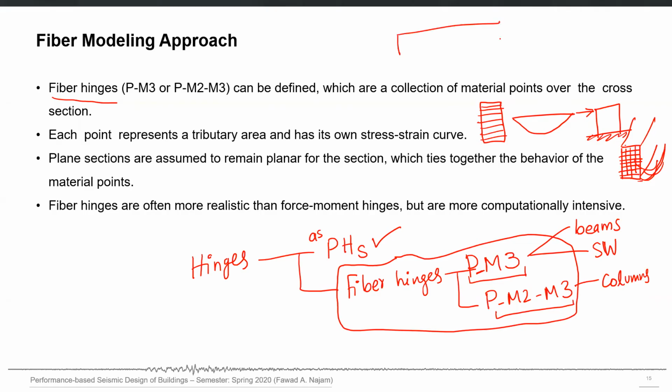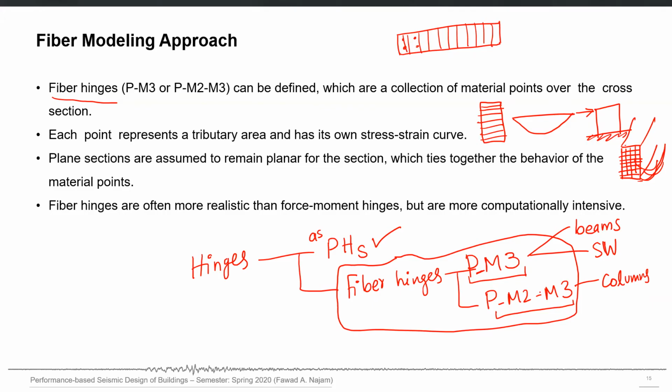Similarly, if this is the shear wall leg plan view, we only divide that in this direction like this. We cut the cross section in this direction. And we don't cut in the horizontal direction in this plan view because the bending is only in the in-plane direction and not in the out-of-plane direction.